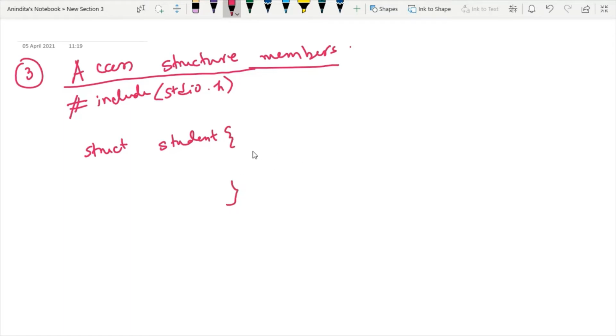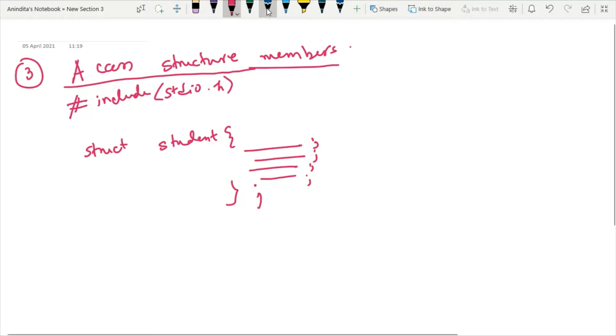And here you have to write the member variables. Each and every member variable ends with a semicolon. And then you have to end the structure. Now, in the next step, for accessing the structure members, you have to define structure variables.